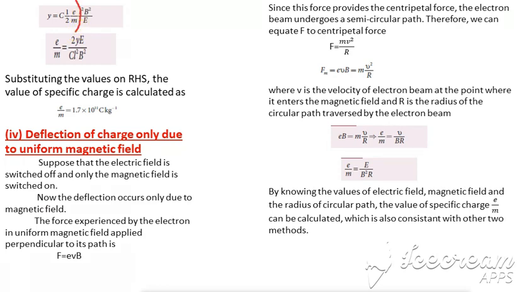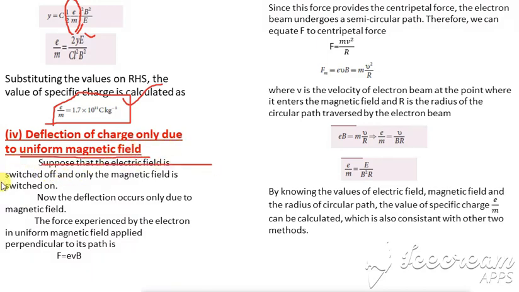From this, if you need the value of e by m alone, we can take all the values to the other side, and substituting all the constant values here, we get e by m, which is equal to 1.7. So this is the same as the earlier equation. In that also we got the e by m value and this one to be the same, is it not? So e by m has been determined with the help of only what? The electric field alone. So next is the determination by uniform magnetic field.